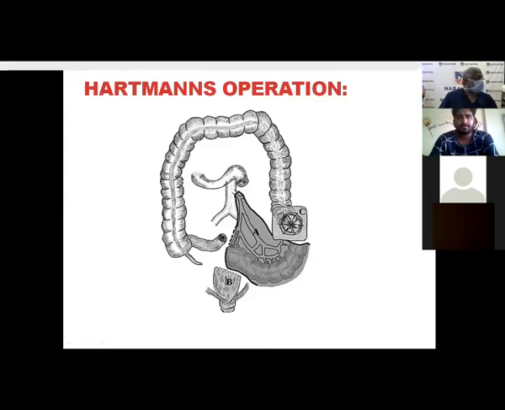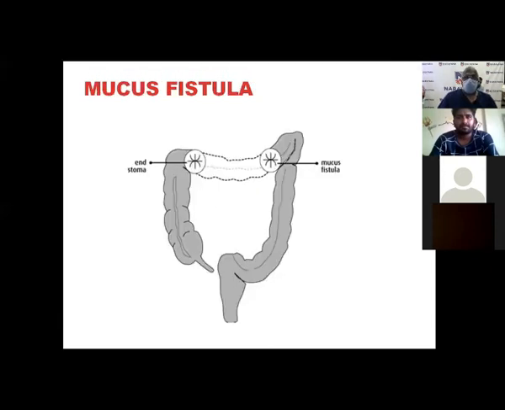Depends on how good a surgeon you are, what you are going to do, and the condition of the patient on the table. This is mucus fistula and end stoma for an obstructed lesion with the resection. Sometimes you do a proximal ostomy alone in case it's required if the patient has advanced disease. Proximal ostomy alone and distal mucus fistula, sucking out the whole thing, resecting the portion, and sending the patient for neoadjuvant chemotherapy to revise the surgery.